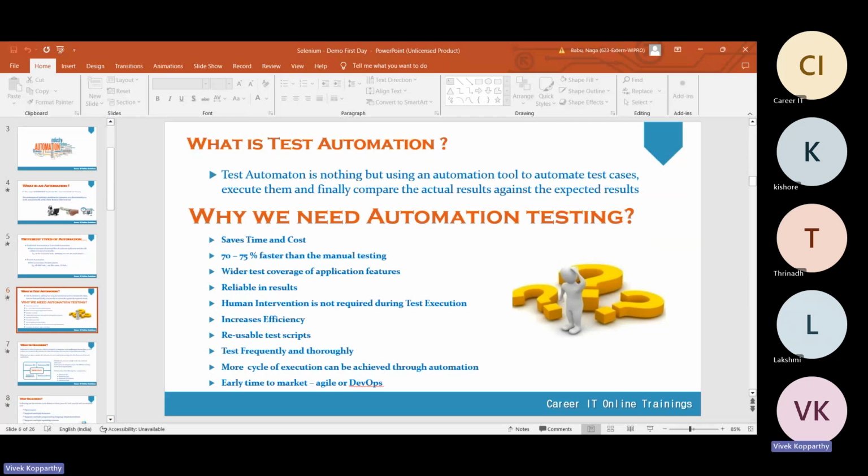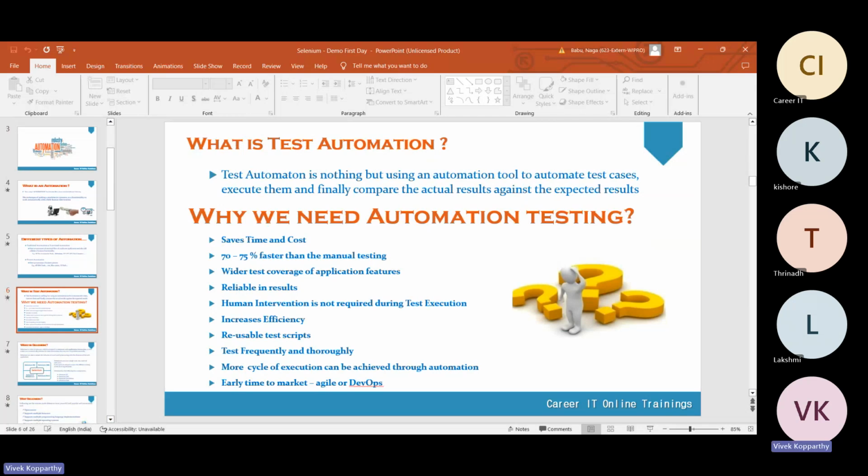So every time you have to do repeated work, and a huge amount of it. If that huge work is assigned to human beings, obviously it will take much time, and there are no new scenarios to validate; those are all old things. So we are going to automate them. We are going to automate the test cases which are part of regression. Why? Because we must execute those test cases repeatedly at the time of every release.